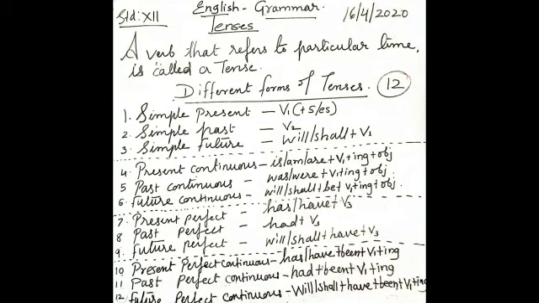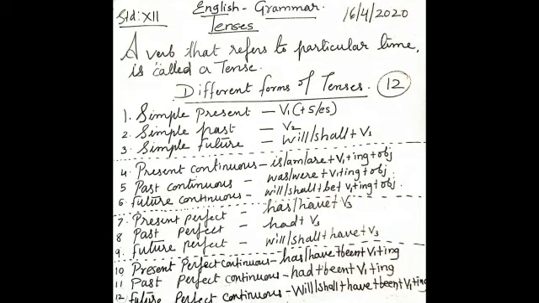Let us move to the past perfect continuous tense. It is used for an action that began before a certain point in the past and continued up to that time. For example, at that time he had been writing a novel for 2 months. One more example. He had been traveling by plane.